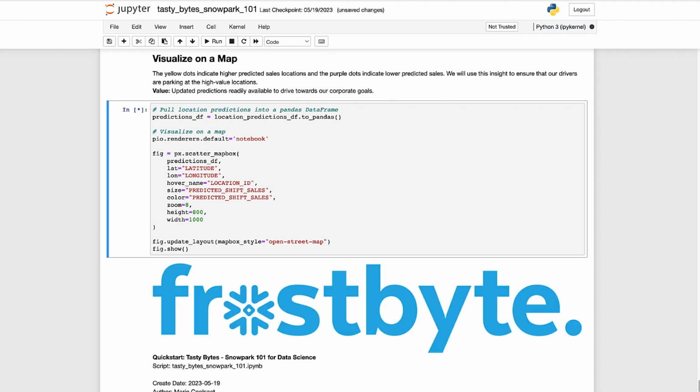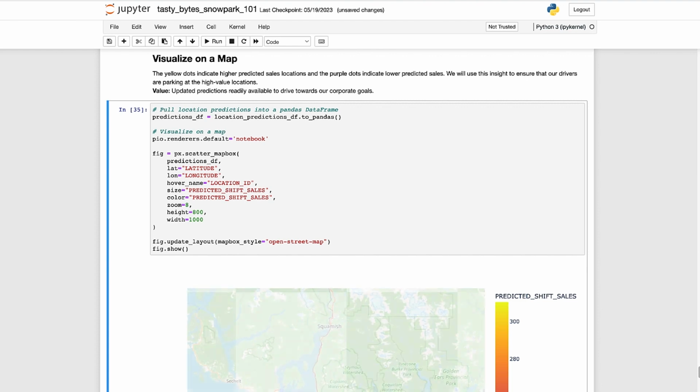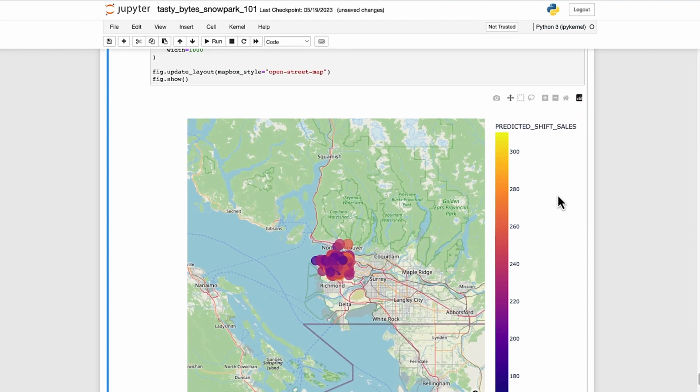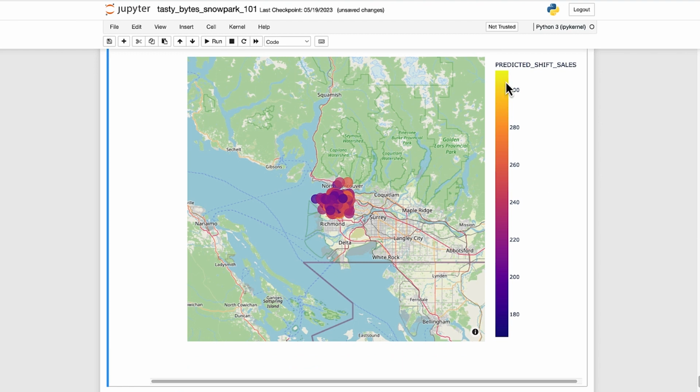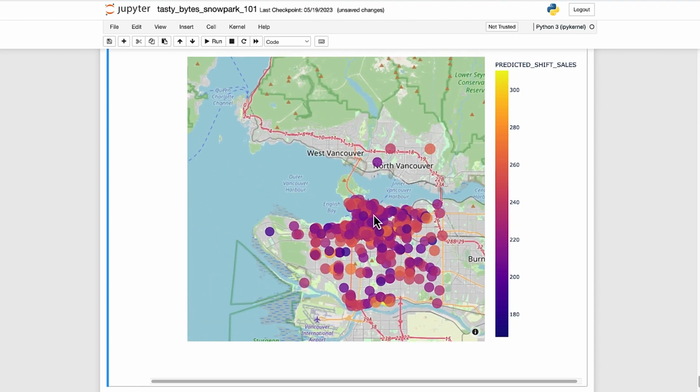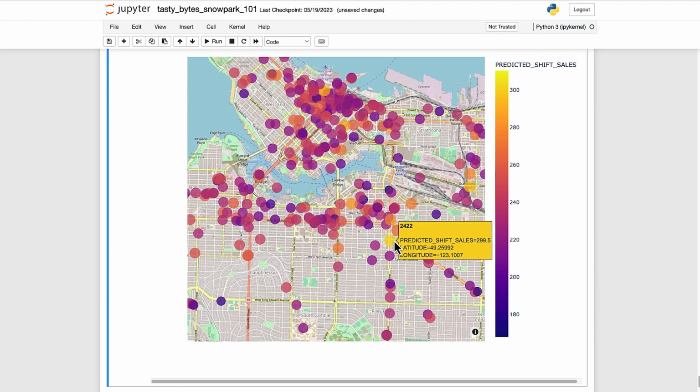And again, that's just the aggregate. So for each location, we have the prediction, and then we're going to plot it on a map. And we can see the yellow here is what we want to find. Those have the higher predicted shift sales. And we can see there's a good spot with predicted shift sales of $2.99. There's another one. So the truck drivers can use this to figure out their day and pick which locations they're